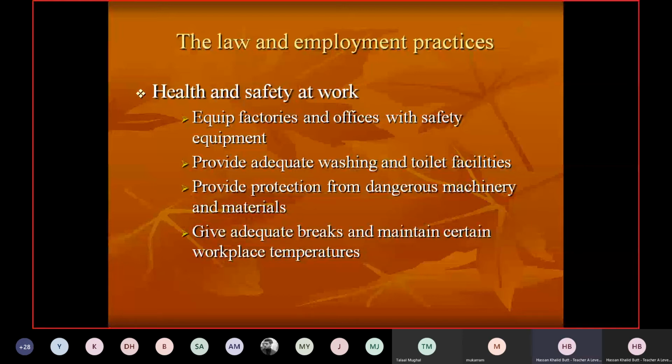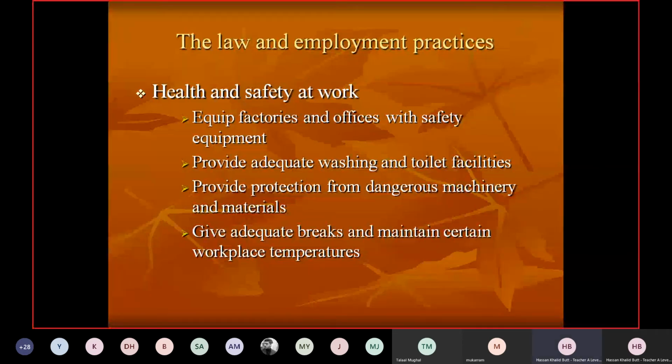So safety equipment must be there, and similarly, proper clothing. For example, if you weld different items, you need to have goggles. Similarly, you need to have rubber shoes and gloves, so that you can protect from electric shock. So proper clothing should be there as well, and equipment includes that. Again, it will increase the cost of the business because you have to provide all protective measures to the workers.